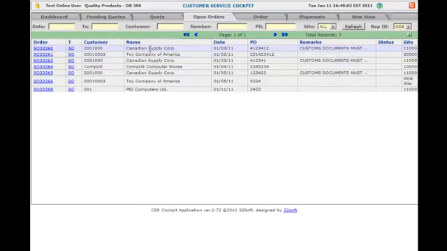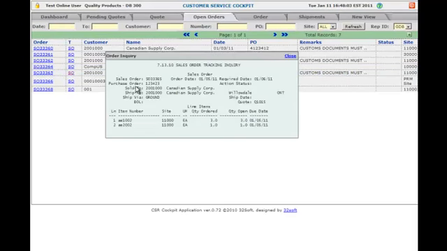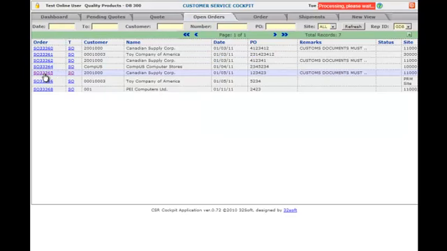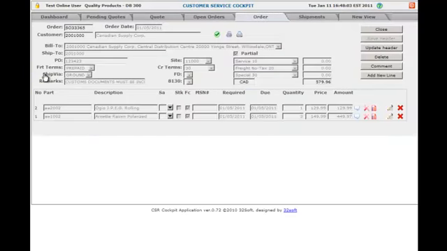So let's say I'm in the Open Orders tab, and I can see the orders. I can find a specific order by just typing the order number and hitting refresh, right? So I can find it this way if I have more than one page of records, and then I can drill down into the line, to see what's in the order, or I could just click on the left link and get into the order details, where I can